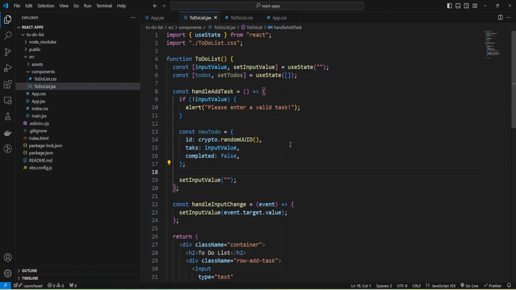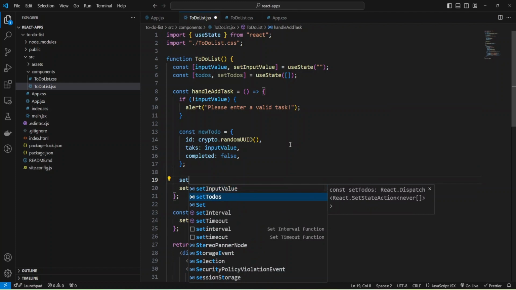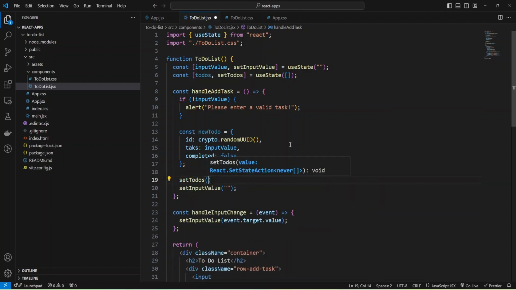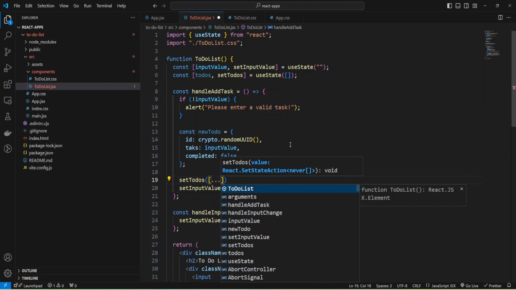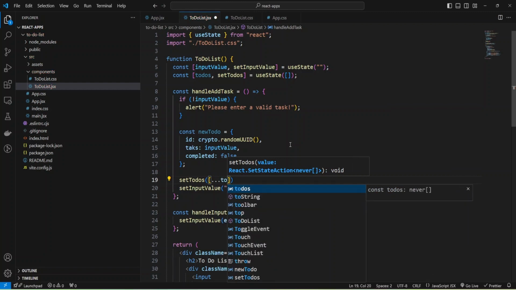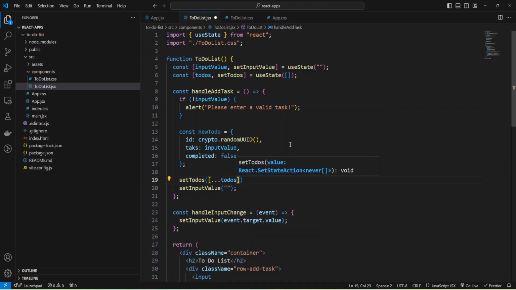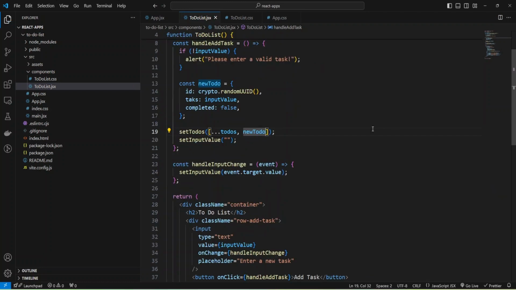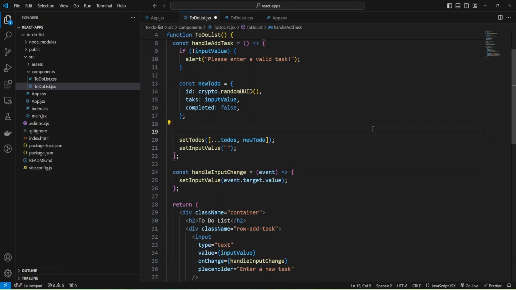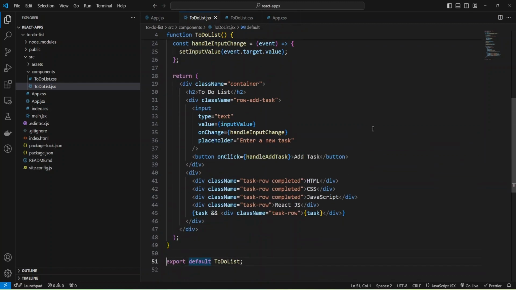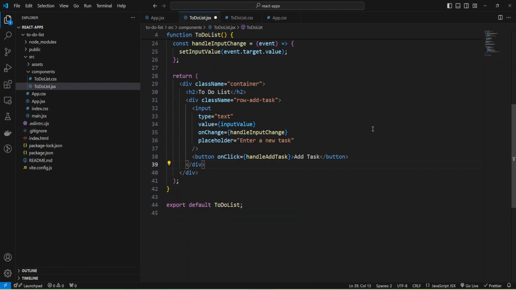And now we can add our todos, setTodos, and it will be an array, and I'm going to copy the previous todos using this array structure and add my new todo to that array. We have our created todo inside our todos array, and I'm going to make a console log and check my newTodo, what we have inside it. But first we need to remove this old JSX code because it might provide some errors.